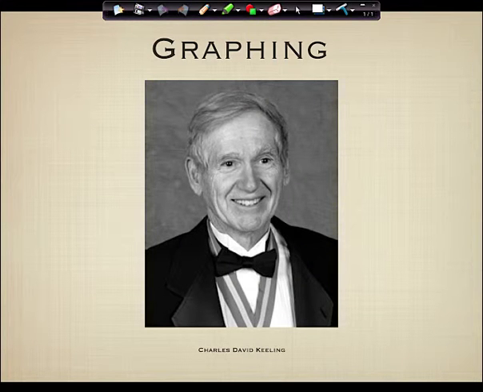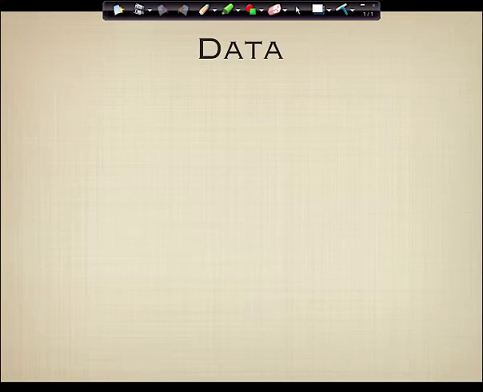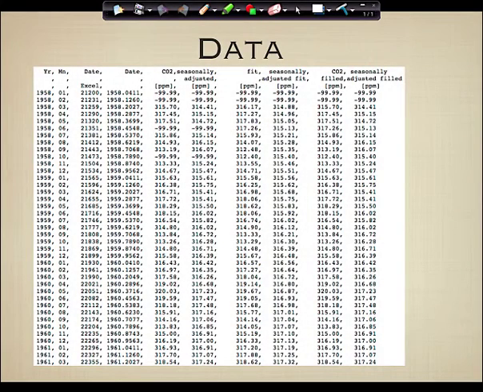You guys all know him, right? Charles David Keeling. Interestingly, he hasn't won a Nobel Prize yet, but I think that's going to change eventually. Do any of you know why this guy has the little ribbon around his neck? It's not a Nobel, but do you know what he's all about? You ready? This fine fellow, Charles David Keeling, is all about data that looks like this.